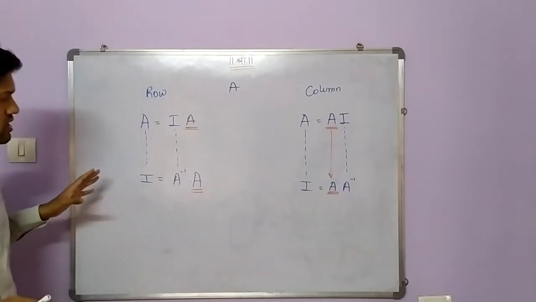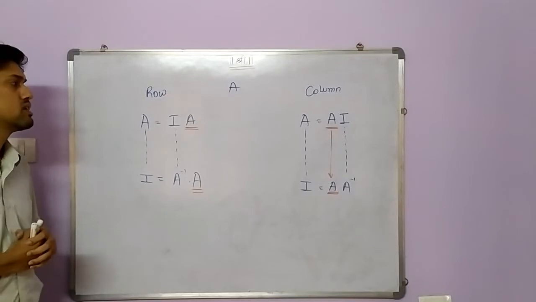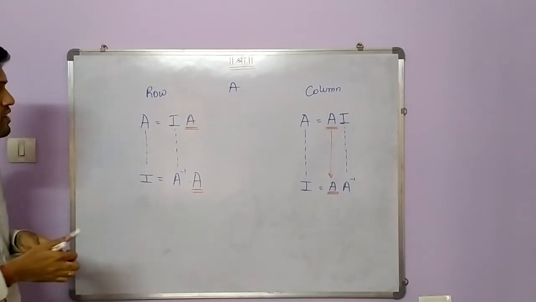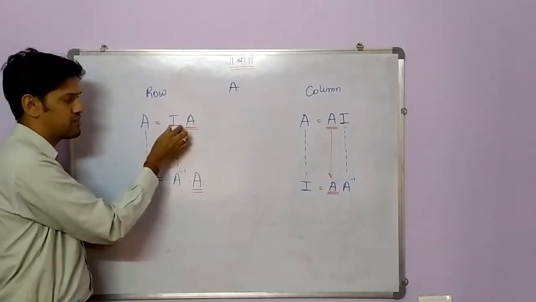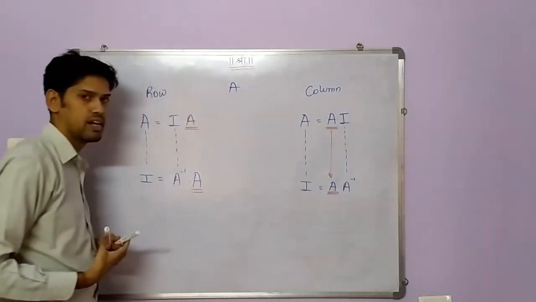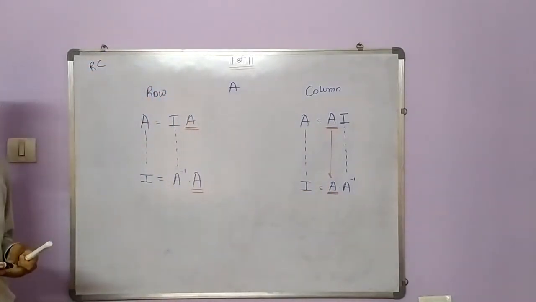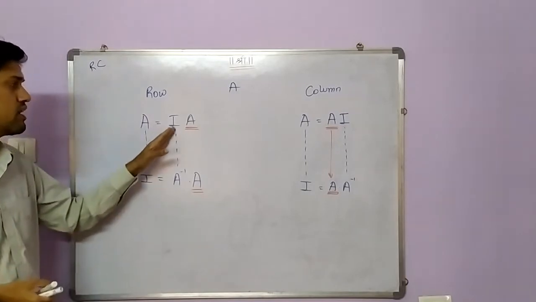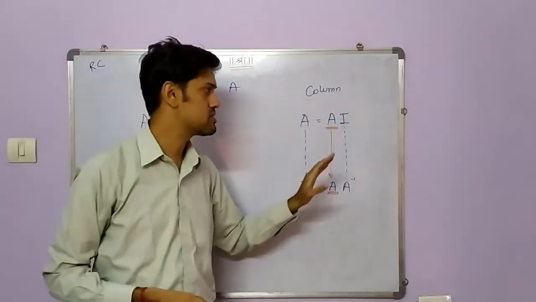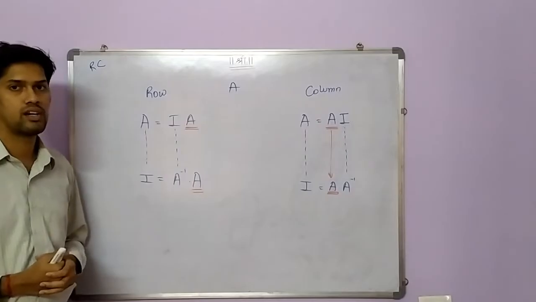Now, seeing this concept part, it might be slightly tricky, but when we are solving problems, this concept will get cleared. The only thing that you have to remember is, for row transformation, I will come first and A will come later. For column transformation, I will come later. As I have always been telling you to remember RC, that is, row first and column second. So I will come here first since it is row, and here it will come second because it is using column transformation. We will solve one problem and understand.